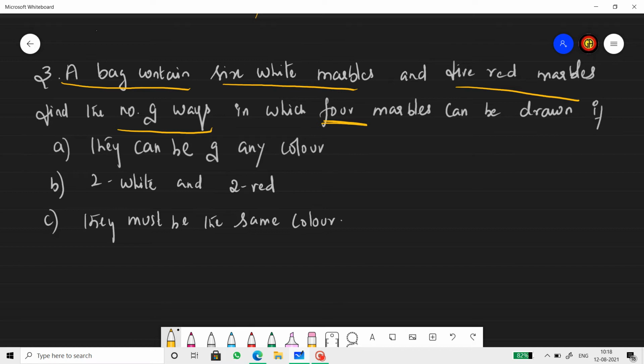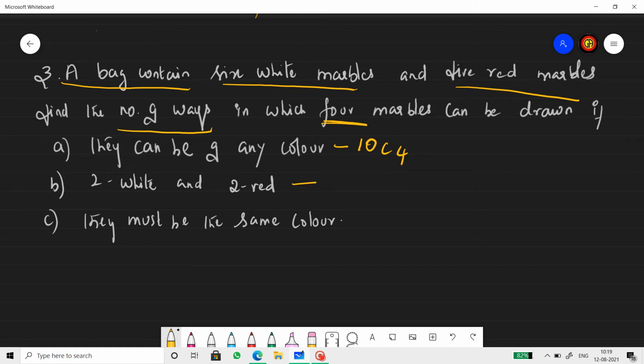So there is no need to separate them as white or red here. We can make one selection. So out of the total, 4 are selected. I hope you understood. There is 6 white and 5 red. And under the first category, there is no compulsion. It is completely open. The marbles that we select can be of any color. So we total the marbles, and out of that we select 4. So 10C4.